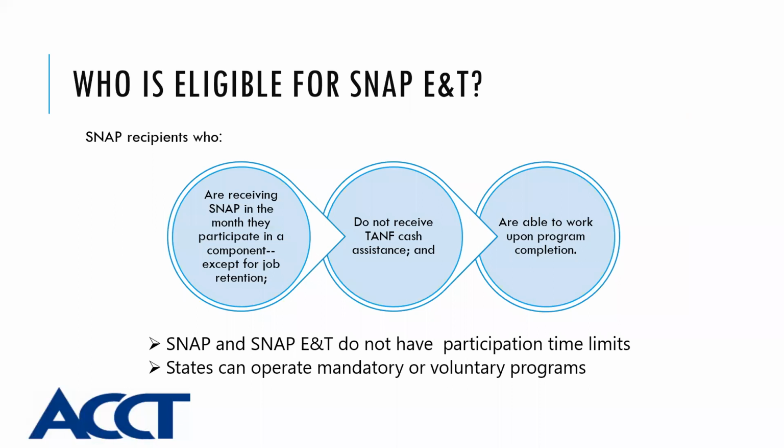So who's eligible for SNAP E&T? Basically, it's SNAP recipients who are receiving SNAP in the month they participate in a component. And the only exception to that is job retention. So with job retention, an individual would have to be participating in a SNAP E&T component prior to their enrollment in job retention. And what job retention means is that the person has become employed, and maybe because of their employment wages, they're no longer eligible to receive SNAP benefits, but they could receive job retention services and could be paid for by SNAP E&T up to 90 days after they complete and become employed and are no longer eligible